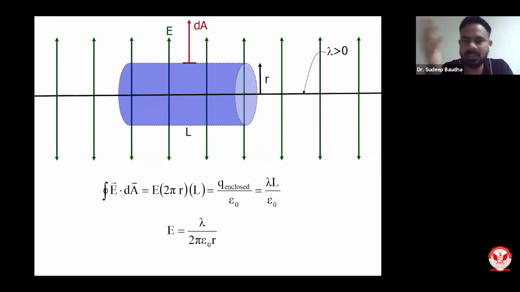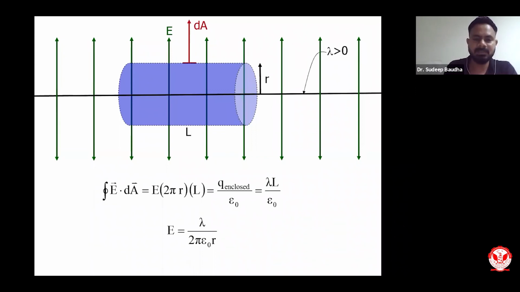As you have seen in our previous lectures, we do integrations from left to right, from right to left, giving limits and then evaluating. These are all very difficult. Instead, I can straight away apply Gauss law, and applying Gauss law is very simple. You just define the geometry, which we call the Gaussian geometry, then evaluate over it and find the amount of charge enclosed by that particular Gaussian geometry.